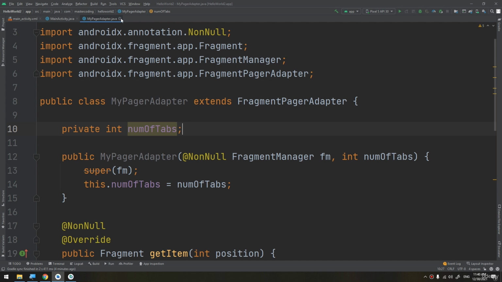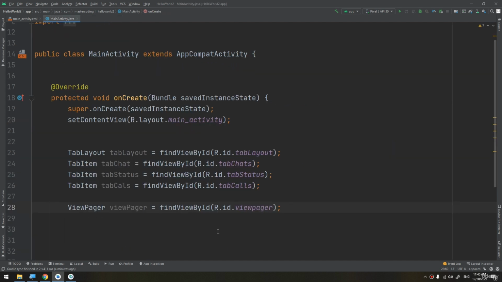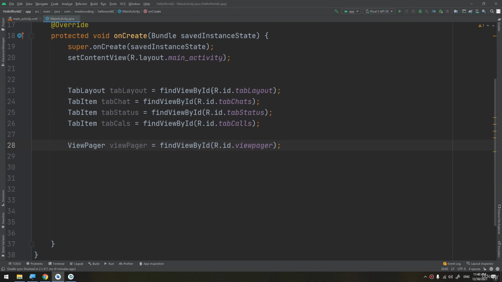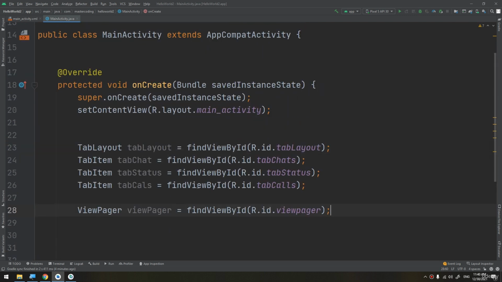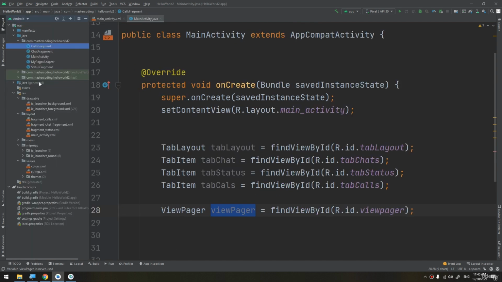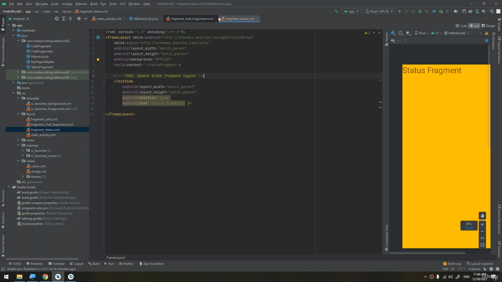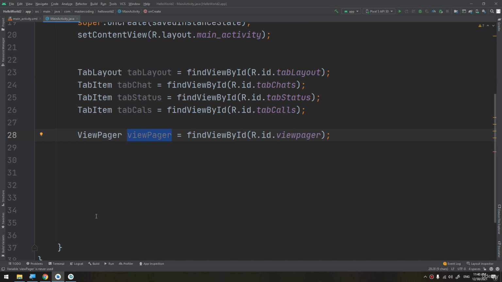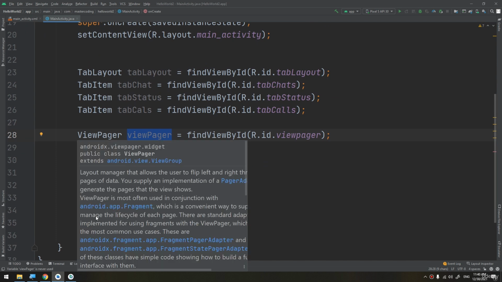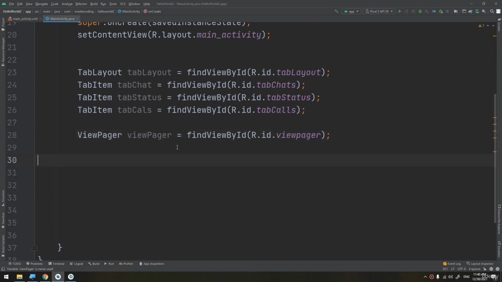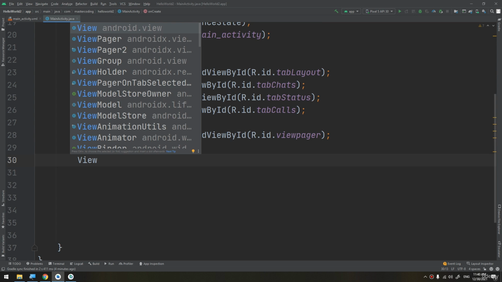Now let's go to the main activity and start customizing and link all the data of the view pager, which is responsible for making the fragments and displaying them with the tabs when they are clicked. So the view pager, new view pager. Here find view by ID, and the view pager adapter,